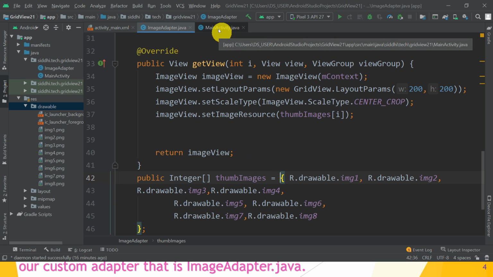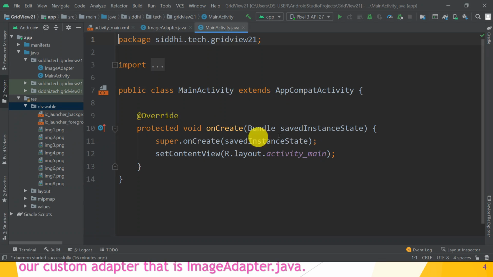Now the last part. What is the last part? Main activity. We have to set those images to the grid view. So how to do it? What is that code? The code is simple.